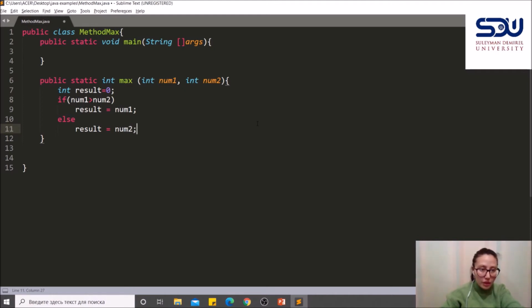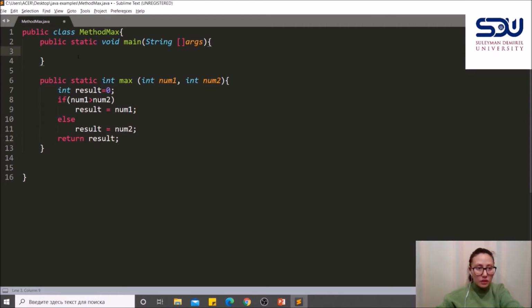What will be if they are equal? If they are equal, it will return number 2. And now we will say return result. It means that it will return one of the numbers, either number 1 or number